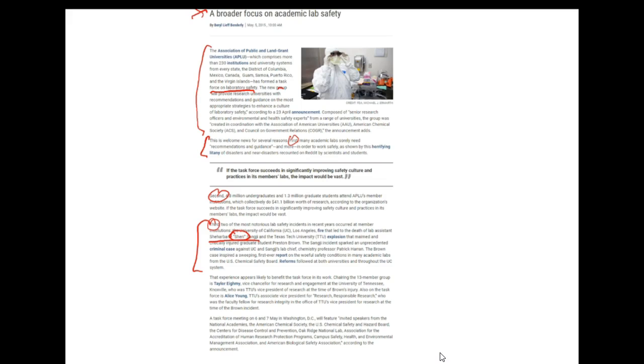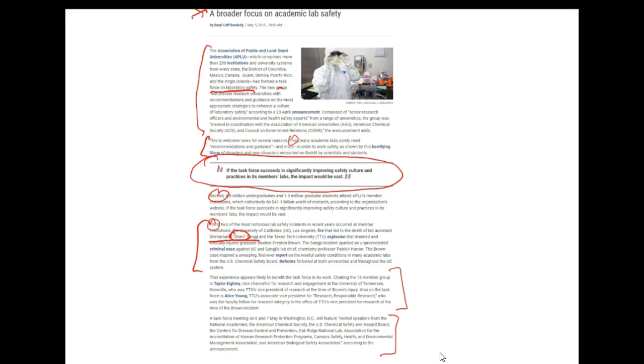But again, it's a clear structure, first, second, third, and then some more information about the task force, and then more information about, hey, what's going to happen next. Okay, so it's an informational blog about what's happening with academic lab safety as part of this task force of the Association of Public and Land-Grant Universities. An informational piece that is kept fairly short, it's still well structured. And I like that they highlight a particular quote in here that really captures the most important image.